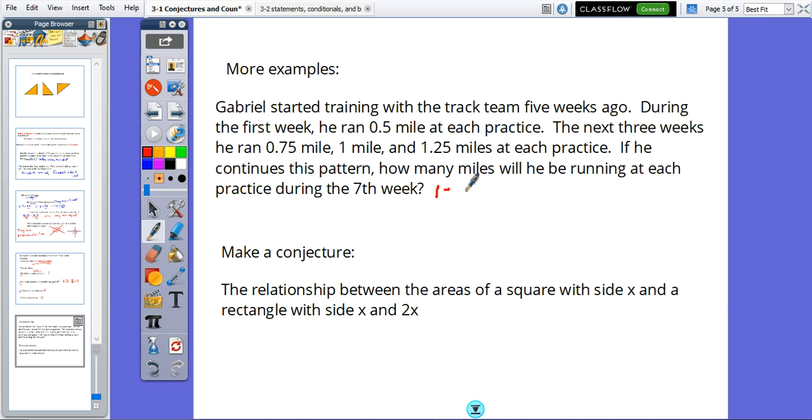So first week, he ran 0.5. Week 2, he ran 0.75. Week 3, he ran 1. Week 4, he ran 1.25. Alright, so that's where we are. So then we can go ahead and assume, based on the pattern, so the conjecture, let's make a conjecture real quick. It's going up by 25. So every week,